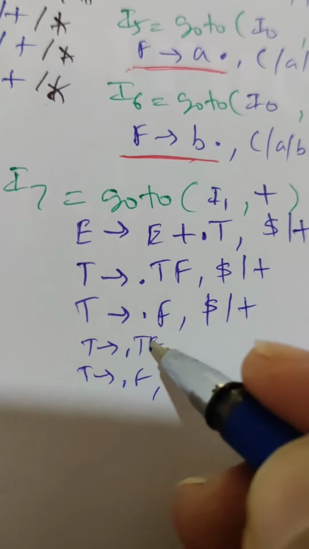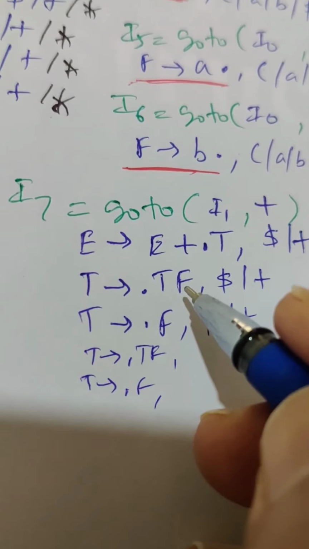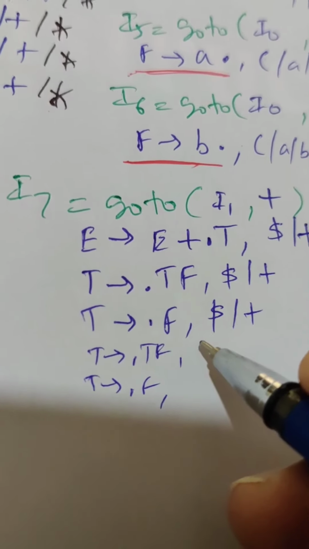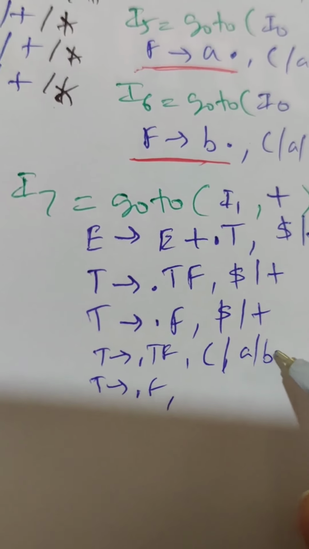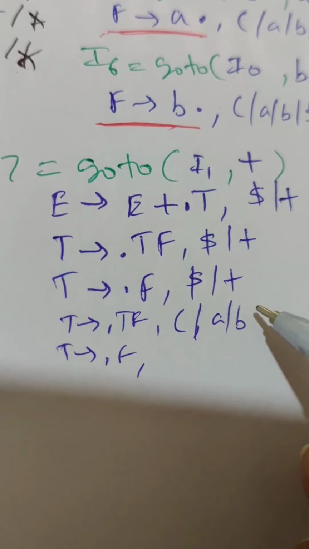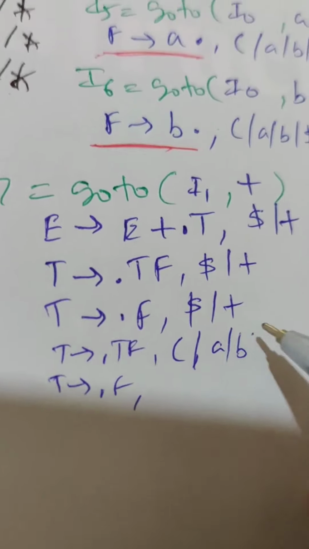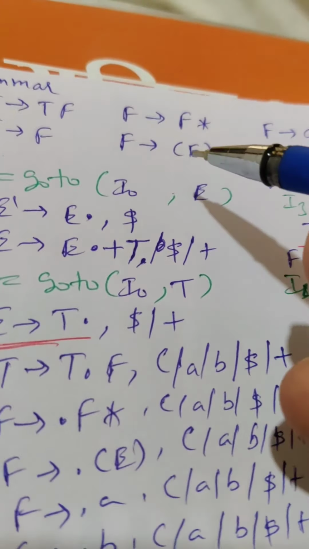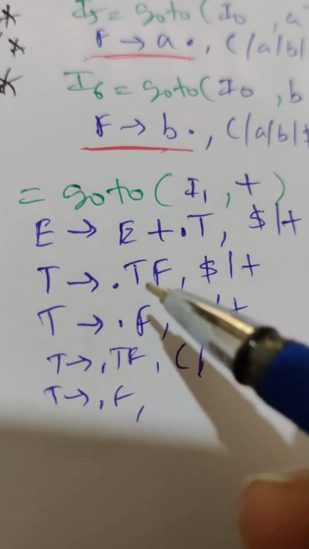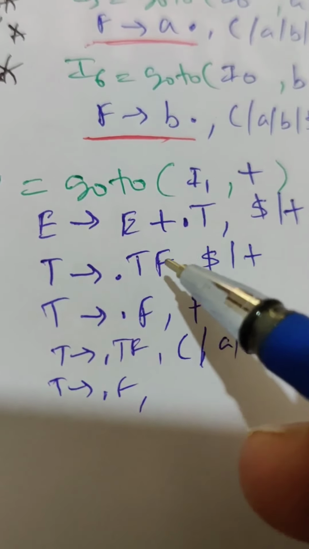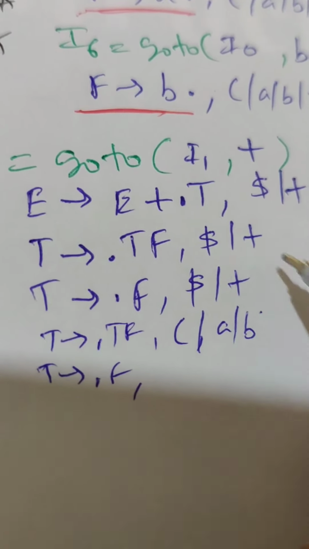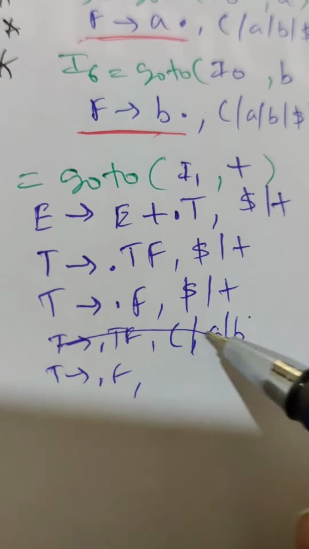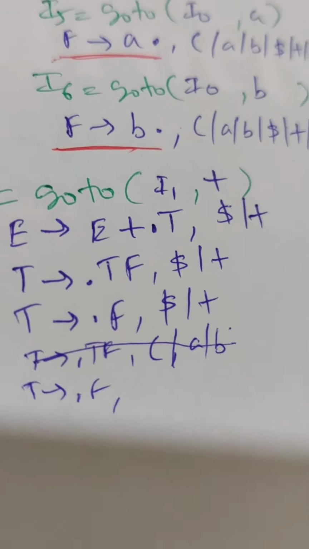But for these two rules, the lookahead of T will be first of F, and first of F you already know can be opening bracket, A, or B. See here: open bracket, A, B, or epsilon. So if F goes to epsilon, then the lookahead of T can be dollar or plus. Either we can go back and add it here, or we can just remove this and add here that the lookahead can be